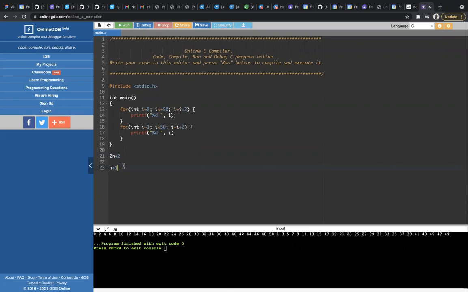Everyone got how we get this n plus 1 for this program? Or anyone having any doubt? For the previous problem, why we got this 2n plus 2? For this problem, why we got this n plus 1? Everyone is clear? Or does anyone have any doubt? Because you should be able to find the time complexity, since if you are not able to find the time complexity, obviously you cannot optimize your program.